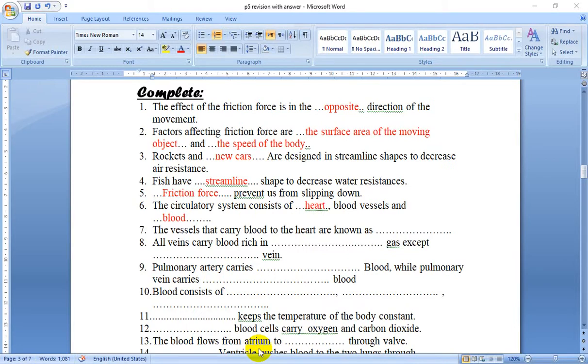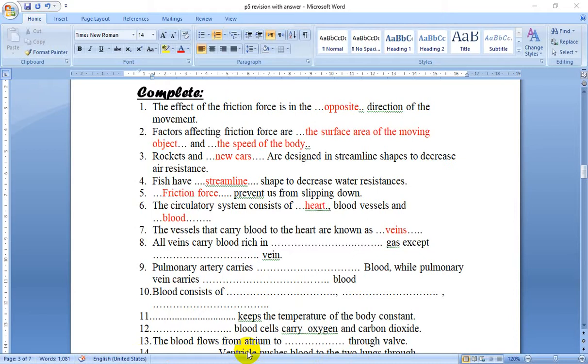We have examples for veins like pulmonary veins and superior and inferior vena cava. So the type of vessels that carry blood from body parts to the heart are known